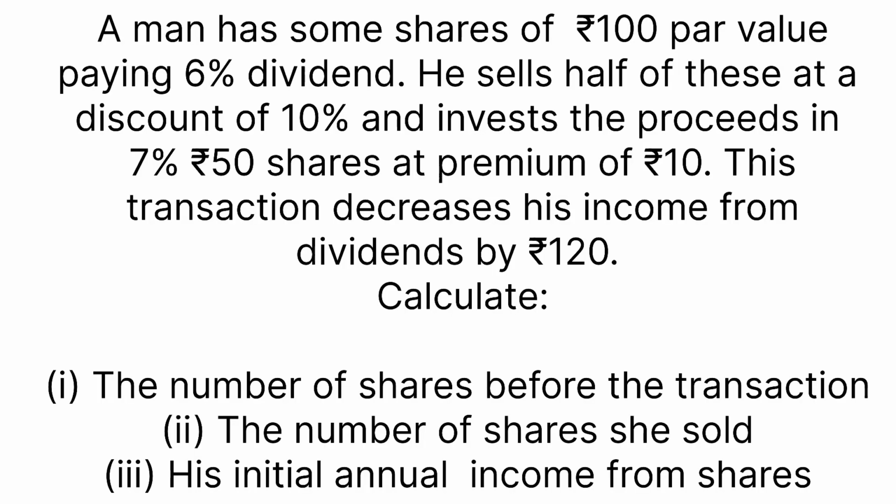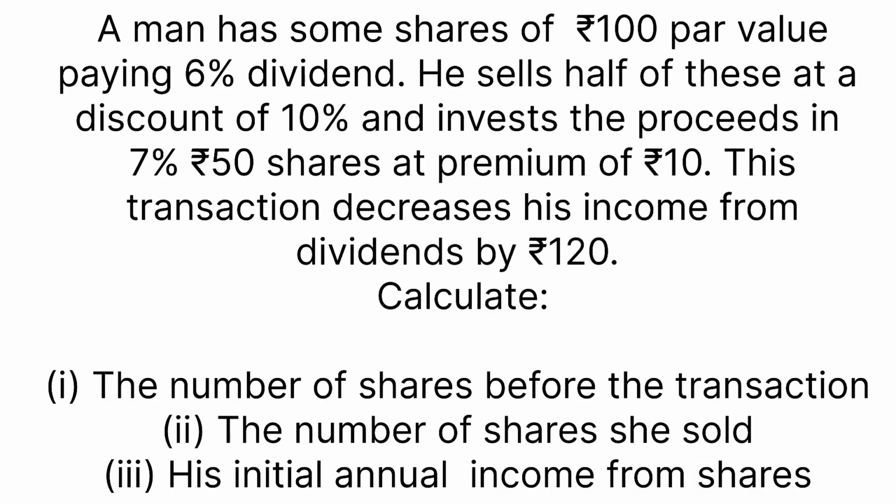See the question? A man has some shares of rupees 100 par value, paying 6% dividend. He sells half of these at a discount of 10% and invests the proceeds in 7% rupees 50 shares at a premium of rupees 10. This transaction decreases his income from dividends by rupees 120. Calculate: